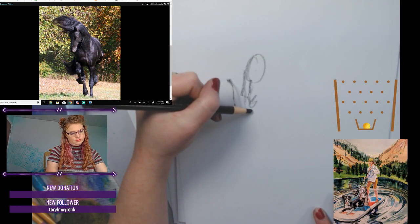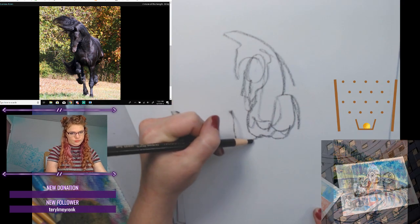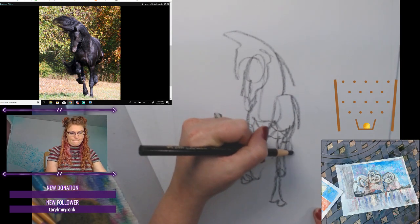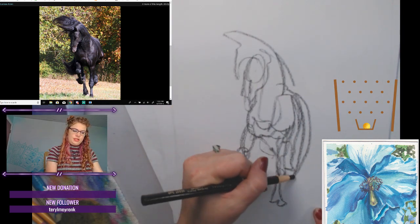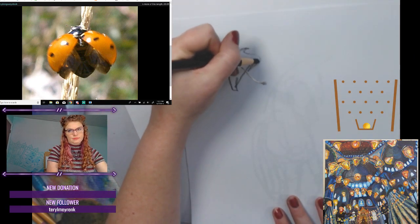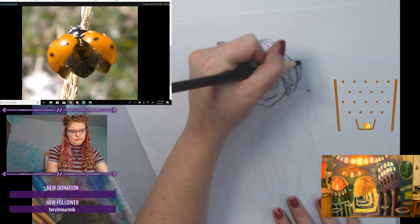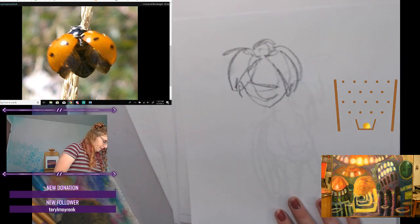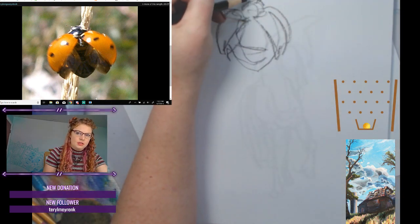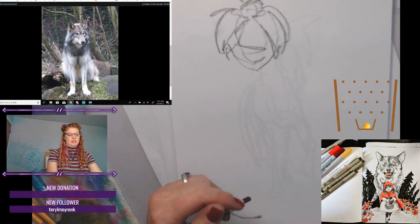All right, we're trying a horse again. Oh gosh, this is a terrible horse, but that's okay. This doesn't even deserve much. I'm just gonna draw a little guy. But yeah, I think it's really good to practice. This is too long. Because yeah, I mean, these are things that you definitely